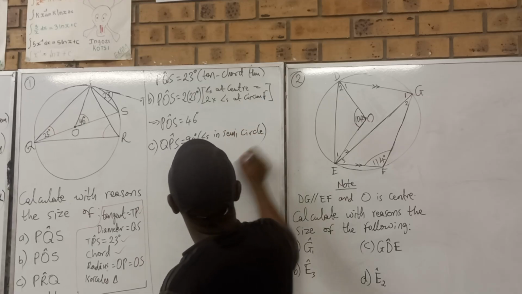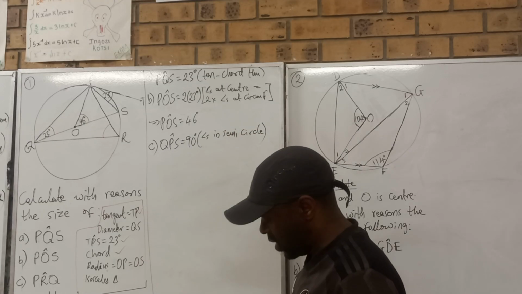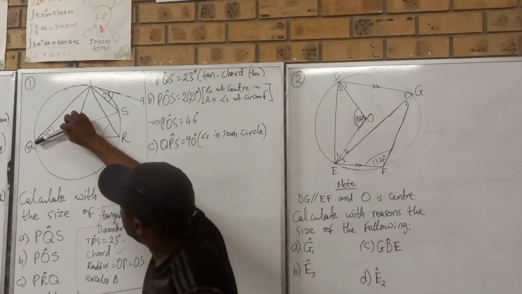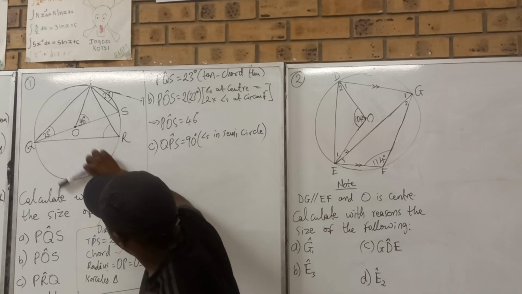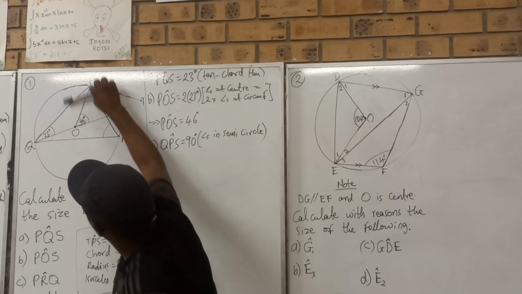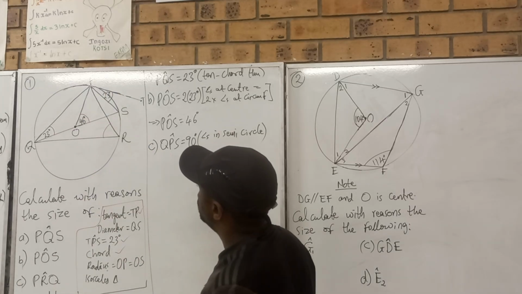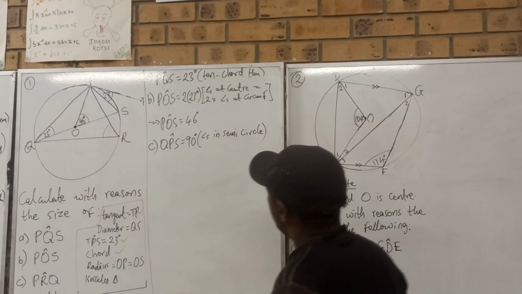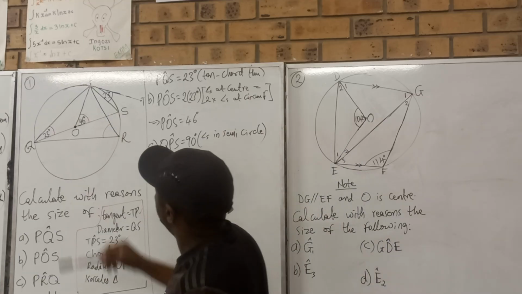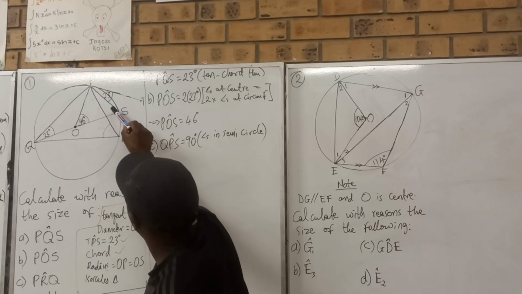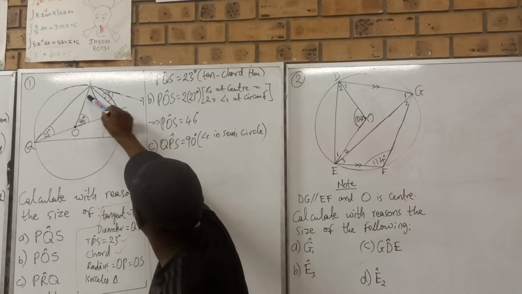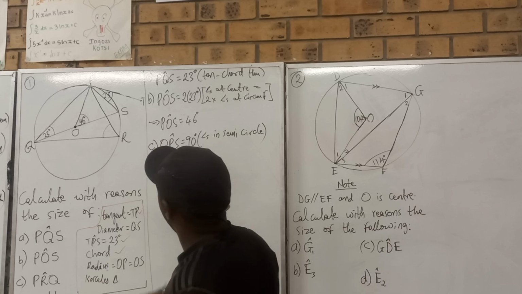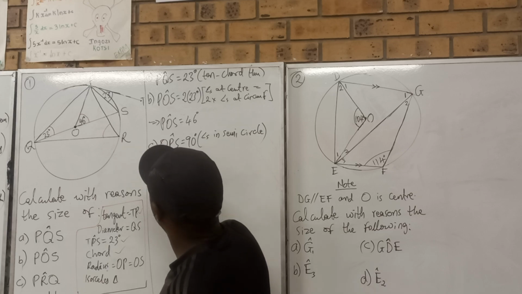That is another way of saying angle subtended by a diameter, because when there is a diameter, it divides the circle into 2 parts. One part is a semicircle, or half a circle. Since O is at the center of the circle, we can agree that QPS is 90 degrees, so it's a right angle. That now takes me to angle S. I can now look at that triangle QPS and say